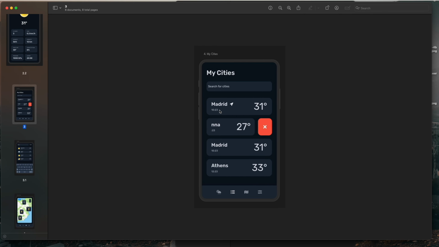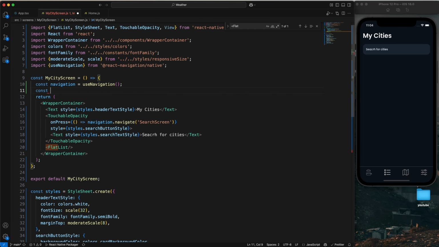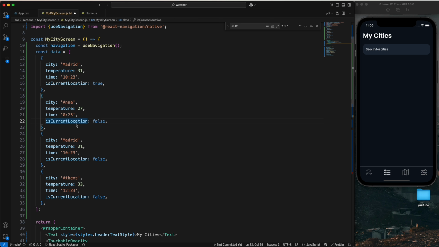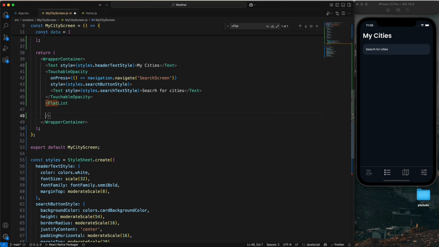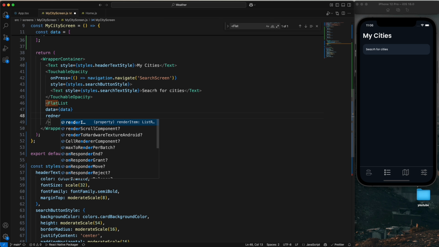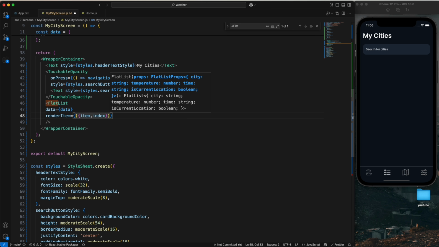First I'm going to create dummy data for this, and we have a const data with four objects. You can see I just typed my dummy data, an array, and inside the array we have four objects. So let's render this dummy data. For that just copy and come to the FlatList, and first we have data, and just add your data, and then we have renderItem, and in the renderItem we need to open item, and we also need to add index,